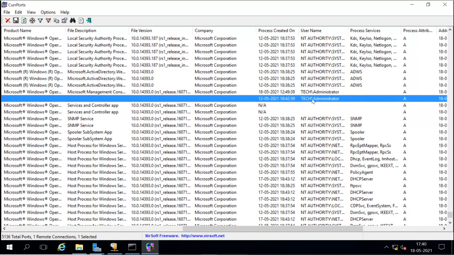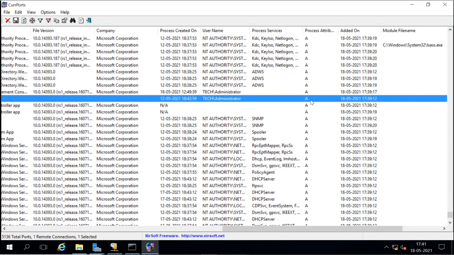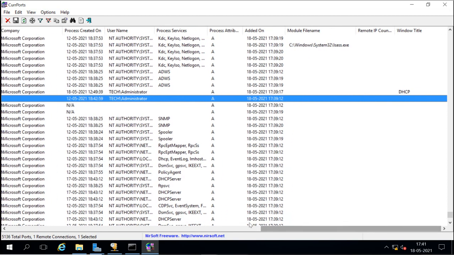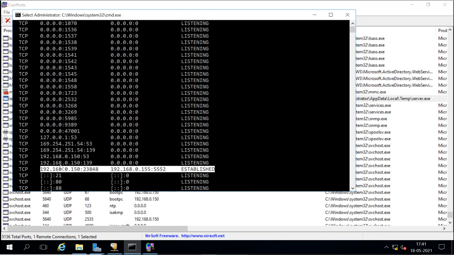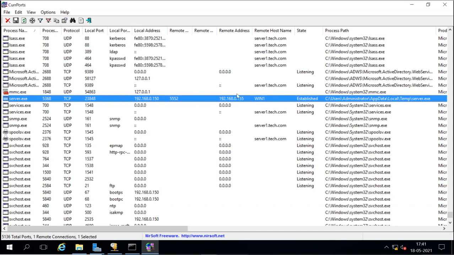Then which user authentication it is using, which is administrator authentication, process attribute, and it is also showing the added-on date. So this will show you detail. Instead, the command line only shows you that this connection is established. This will show you the detailed information, that this one is running from which exe and all that.